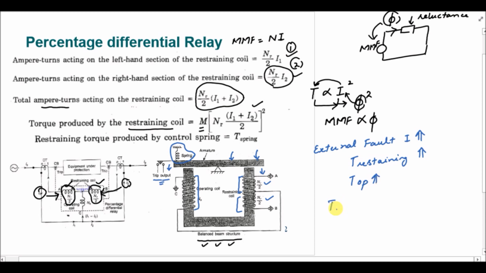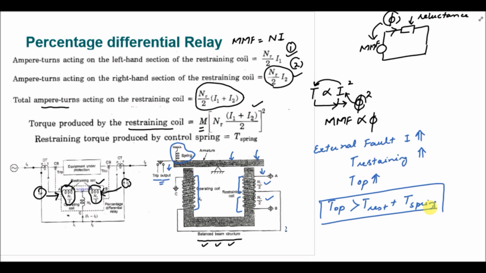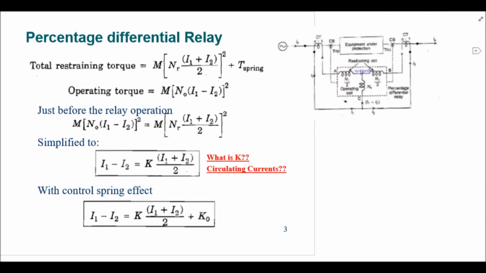So torque operating should be greater than torque restraining plus spring torque. So this is the condition for the operation of the differential protection scheme, specifically the percentage differential protection scheme. We have the equation for the torque that is being produced by the restraining coil. We can show the spring torque by T spring, and for the operating torque we will use the same procedure,